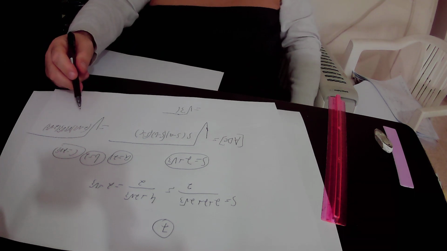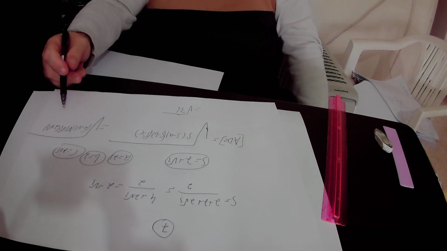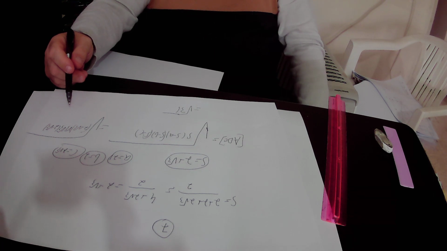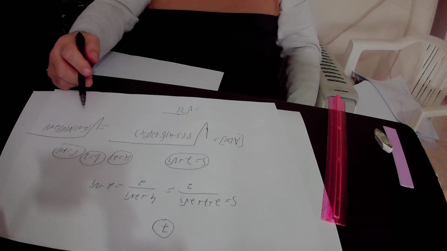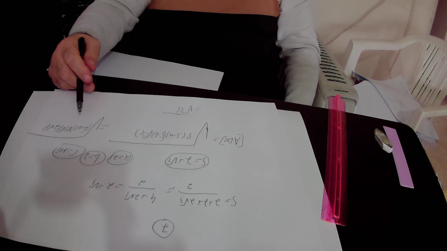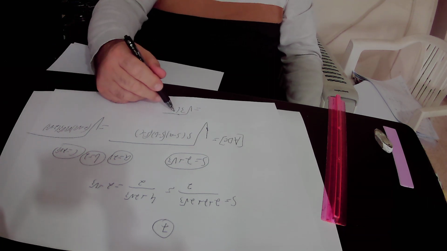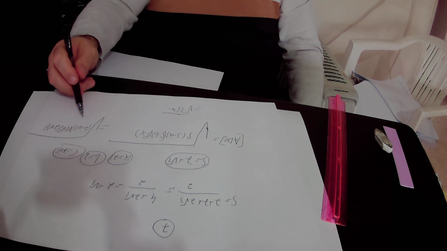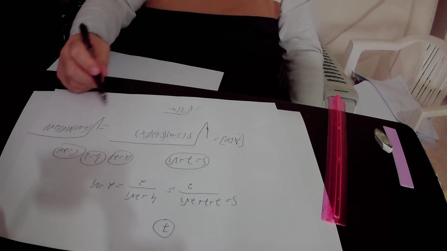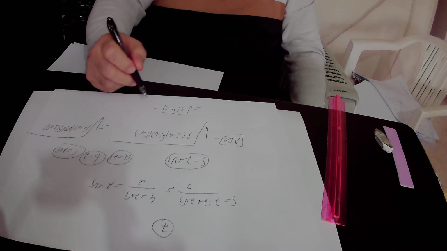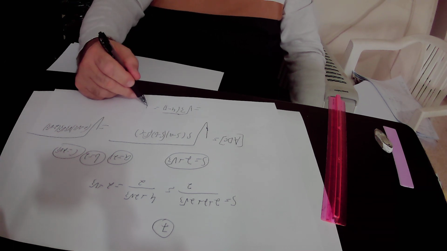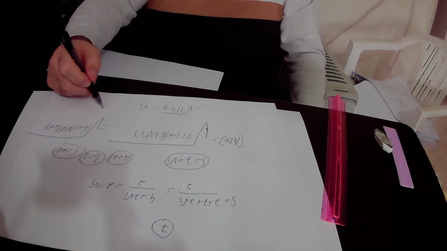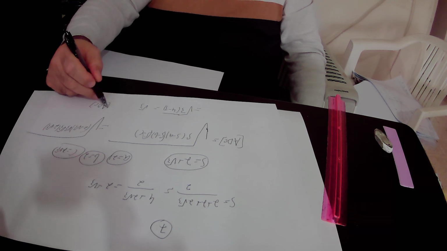Here 2 plus square root of 3 times 2 minus square root of 3. We will use the algebraic identity that states that A plus B times A minus B equals A squared minus B squared. Here A is 2, so A squared is 4, minus B squared. B is square root of 3, so B squared is 3. Okay, so 4 minus 3 is 1, and 3 times 1 is 3. So we found out that the area of triangle ADC is square root of 3 square units,